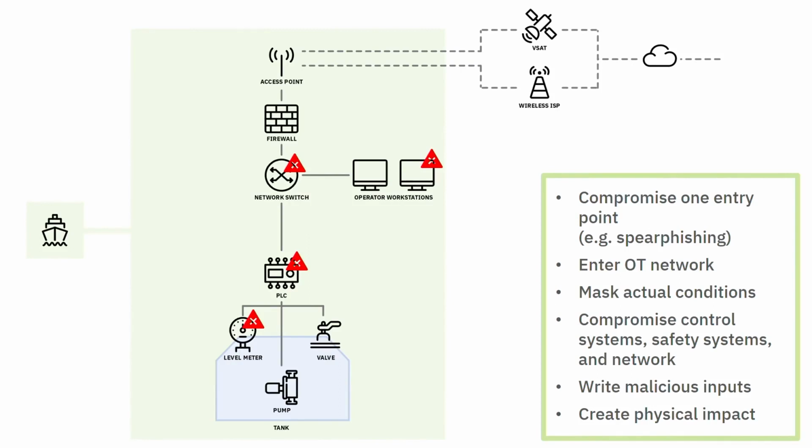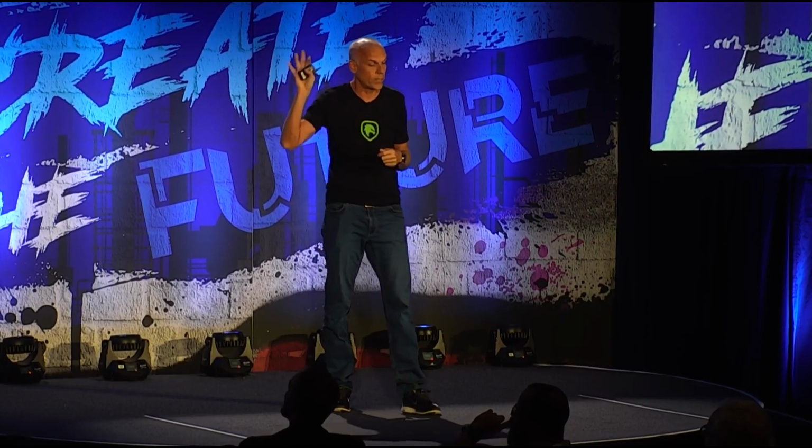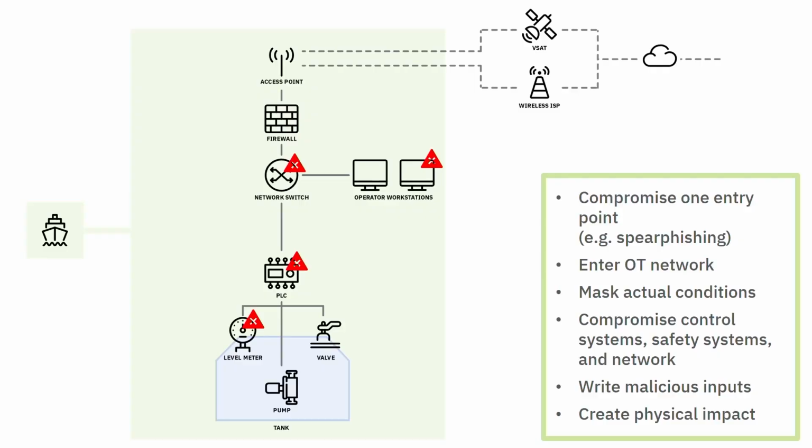So somehow one of the workstations gets compromised. That could be spear phishing, could also be an insider attack, all right? Or a vulnerability that gets exploited. So the workstation gets compromised, then the attacker attacks over the network, gets to the PLC, figures out how this thing works, and then reprograms some of our values. In this particular case, it doesn't have to be much. If it identifies the level meter as a level meter, it can potentially just change the range factor for the level meter. So then our gas tank would just overfill and possibly explode.